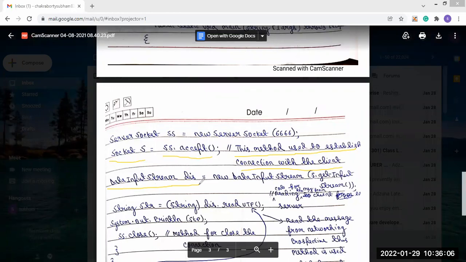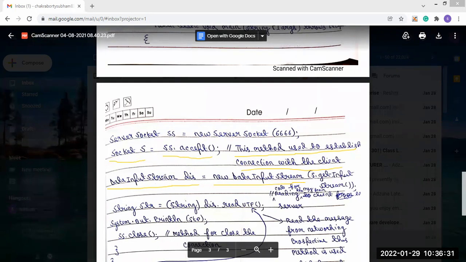For reading any information or message, there should be a class present, and that class is DataInputStream, present in the java.io package. That's why we have created an object of this DataInputStream class.